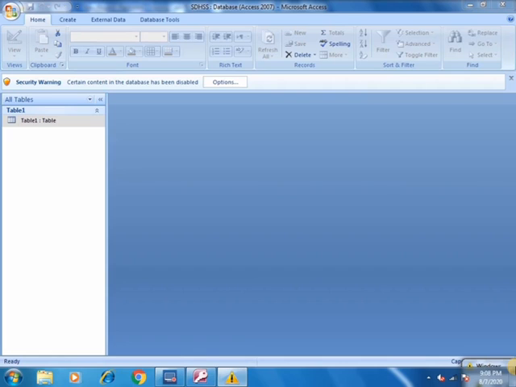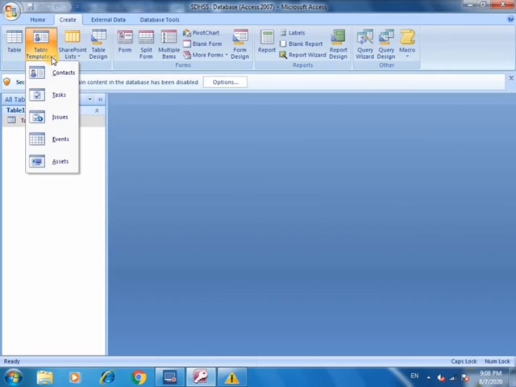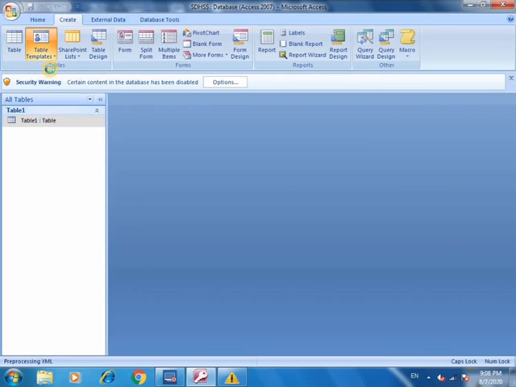To use it, we click on the Create tab and choose Table Templates. There are 5 categories of table templates: contacts, tasks, issues, events, and assets. So I select contacts.